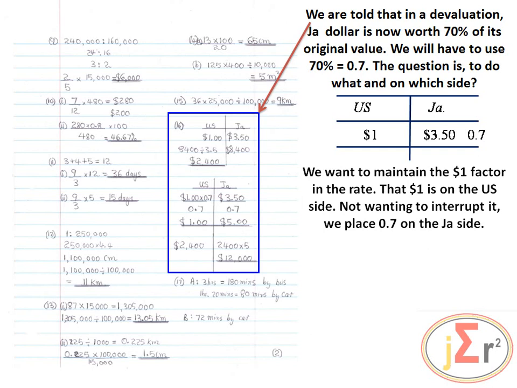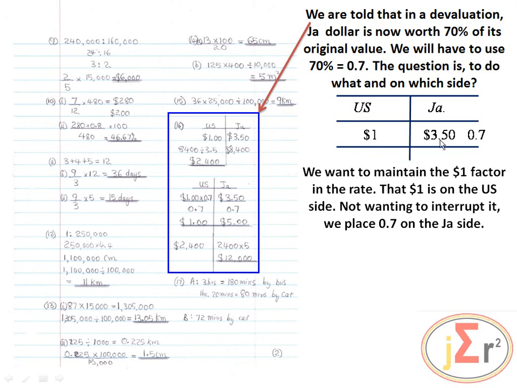So we will have not necessarily the stable, but we are saying the stable currency on this occasion, which is the US. So we maintain that currency at a value of $1, and we compare the Jamaican to it,